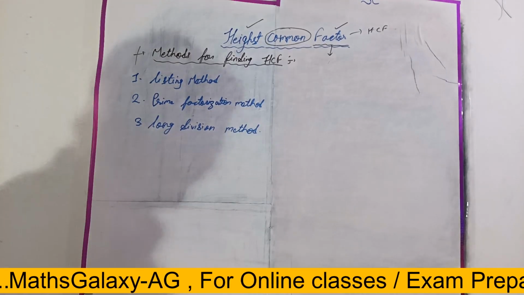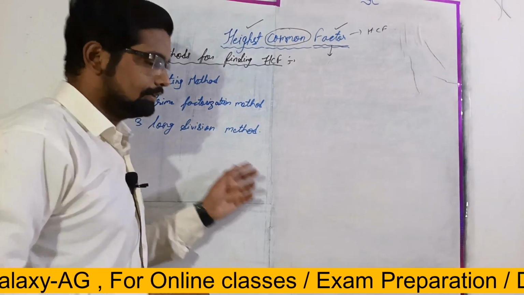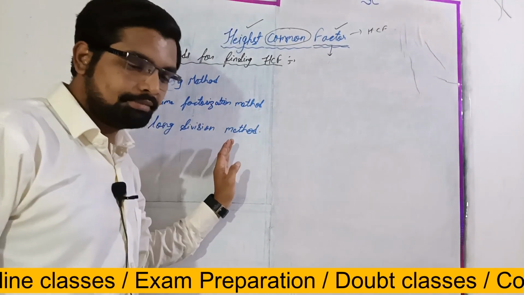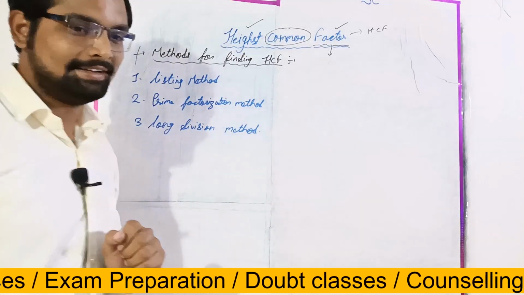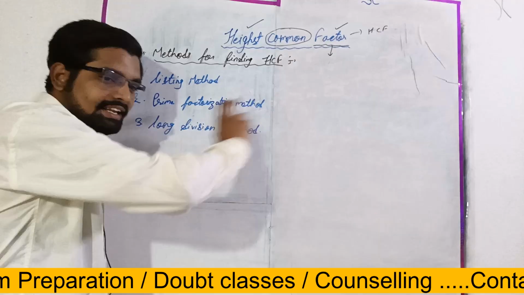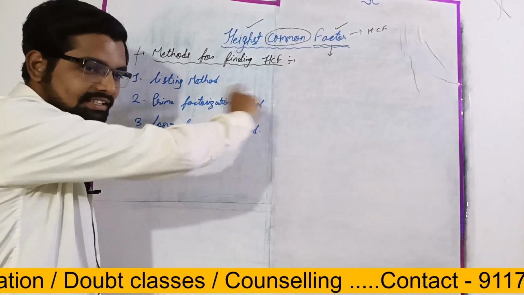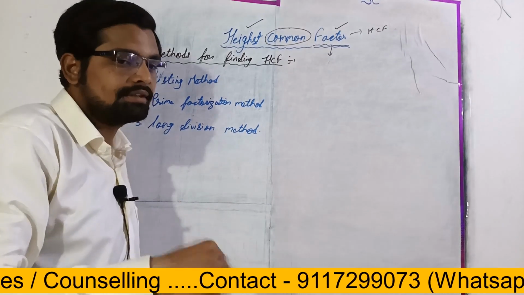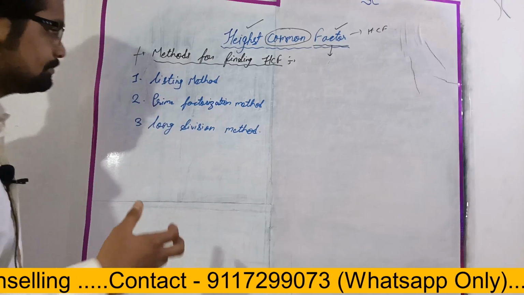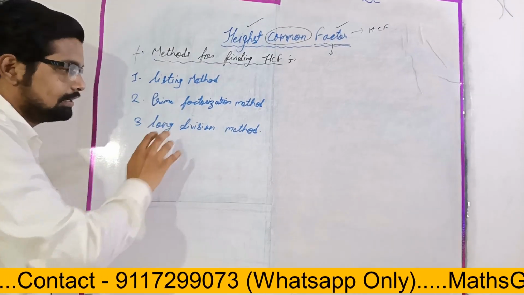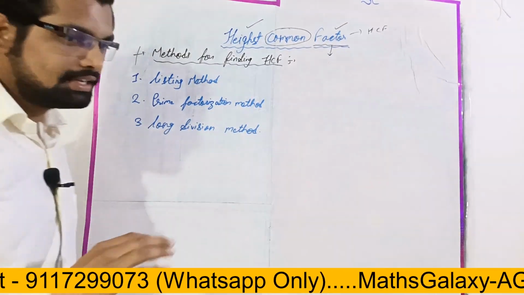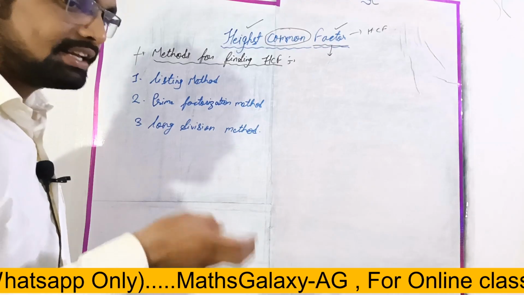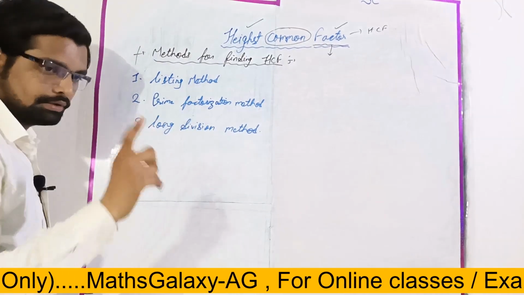I don't know the listing method. Listing method? Just now we learned it. Oh, that one. Yeah, that example was the listing method, because we are doing it list-wise, right? We are listing the factors, right? So in this way you can differentiate it and remember it. Many times a student gets confused about these methods, but you should not be confused. The meaning or the trick is already hidden in the name.